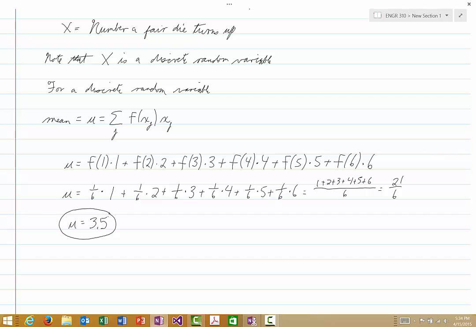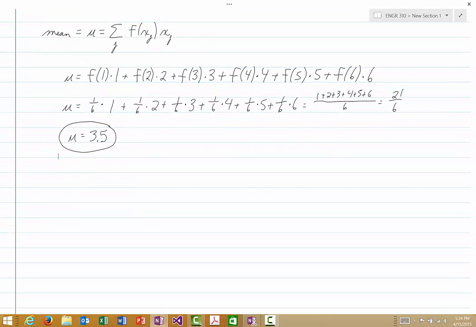And that's all there is to calculating the mean of a discrete random variable. Again, you have to identify all the values that it can assume, multiply each by the probability that the random variable does assume that value, and then add all those up, and you get your answer. Now for the variance of a discrete random variable, so let's say to calculate the variance of a discrete random variable,